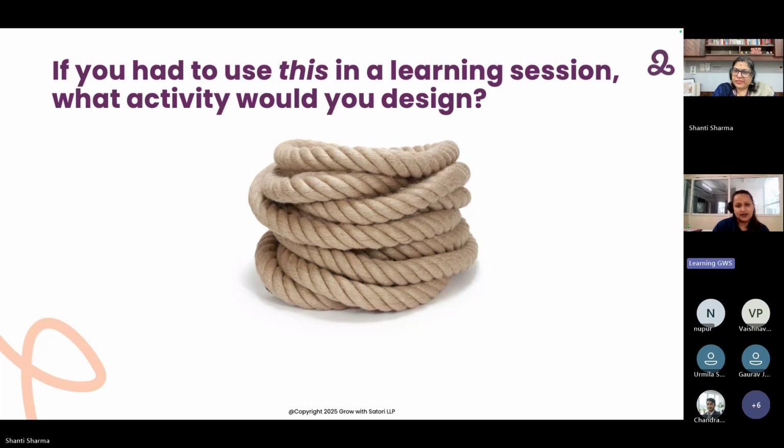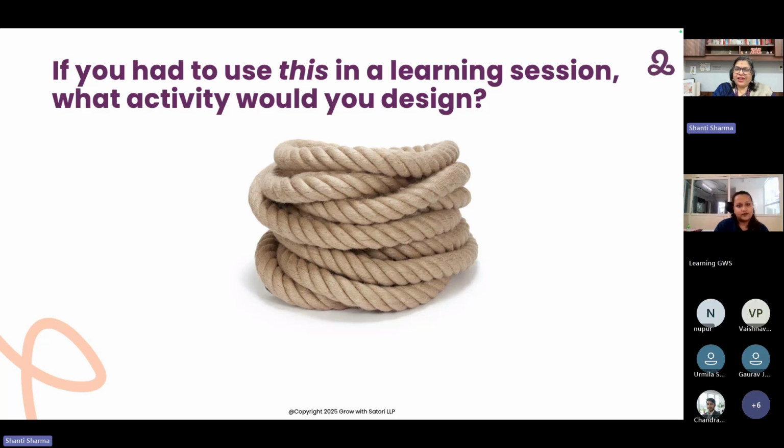So using the same thing, we can ask participants to create a shape using this rope, and the person who is creating the shape is blindfolded, but then they have to completely rely on the other person to know if the shape is still visible or understandable or not. So communication in leadership training can be used through a rope. Communication, trust, collaboration, so many things can be done with this activity.